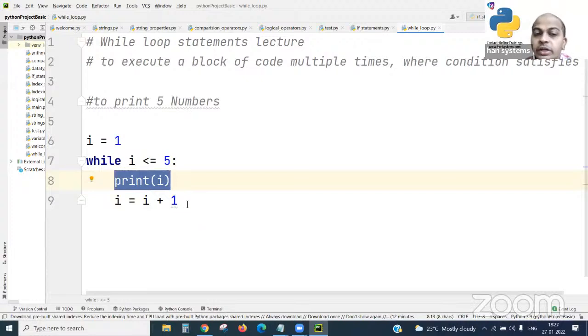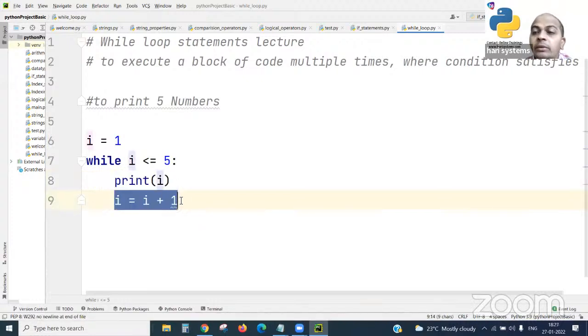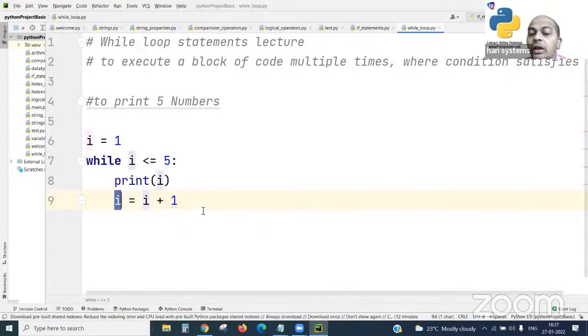While entering into the loop statement, the i value is incremented with plus 1. So now immediately the i value is going to be plus 1. 1 already is there and plus 1 is going to be added. What happens? It's a 2. The i value is 2. So again the loop, what will happen? It will come here and verify: 2 is less than or equal to 5. Is it correct or not?